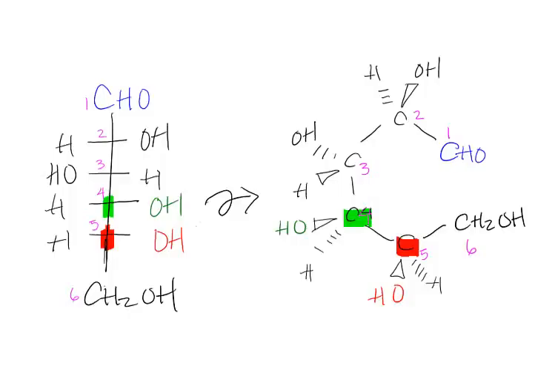So today we're going to look at the cyclic hemiacetal formation by glucose. We're using glucose because it's a little bit different than some of the other sugars, where the other sugars may only be able to form one type of ring. Glucose can actually form two. So starting with the Fisher projection,